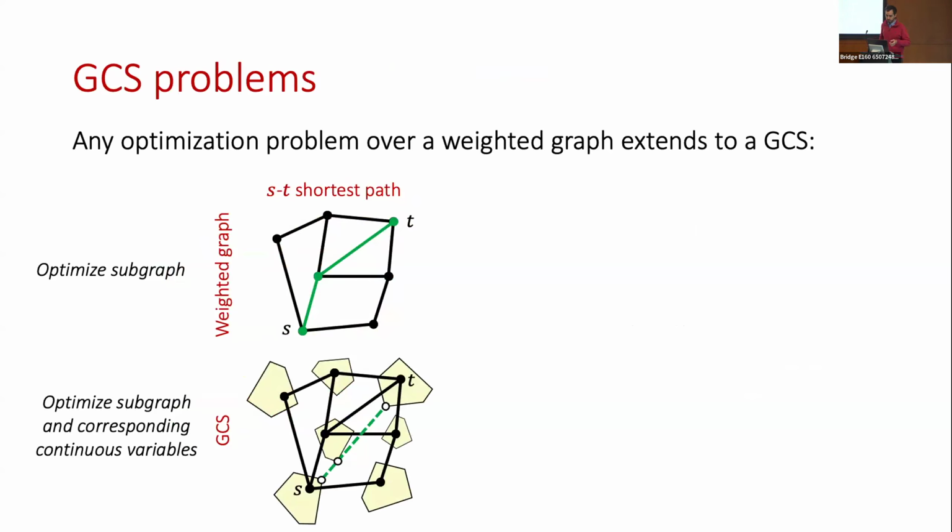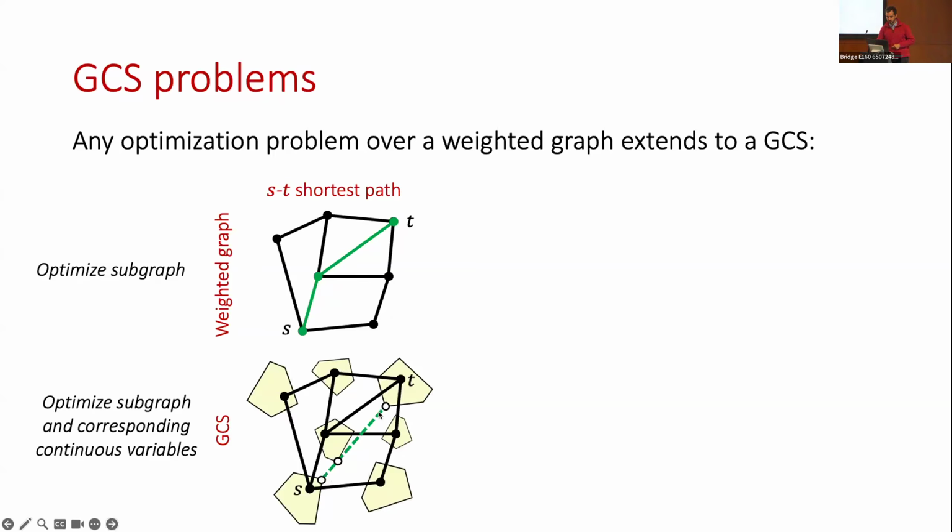Take, for example, the classical shortest path problem, where you seek a path from a source vertex to a target vertex of minimum weight. That's a purely discrete combinatorial optimization problem. In the GCS version, you get a mixed discrete and continuous optimization problem. The discrete component comes still from finding a discrete path in the graph that goes from source to target. But once you select the path, the cost of that path depends on the underlying choice of the continuous variables that you make. So, for example, if you decide to go from the source to the target through these two edges here that are shown in green,